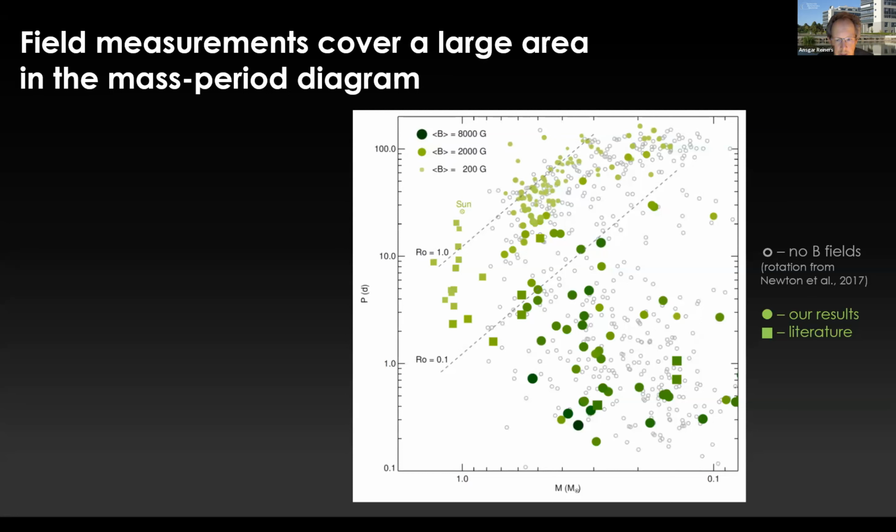So our method might not be able to, I don't know, measure fields in a certain group of stars, in particular here, and we may have a gap there, but you can also see that there's a gap here in the gray points, right? There's a few gray circles here, but there's a lot more gray points everywhere else. And so this gives us a bit of an idea of how complete we are in different areas